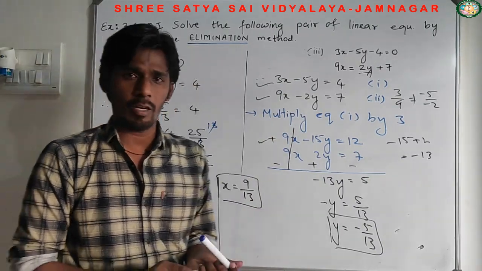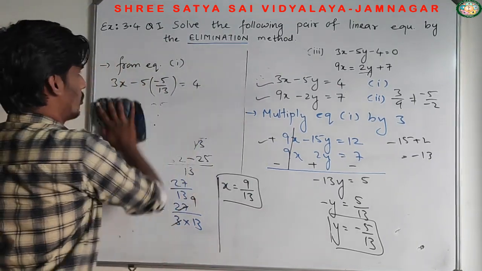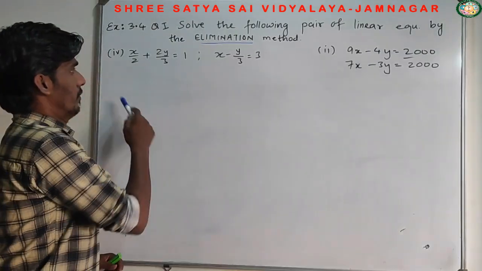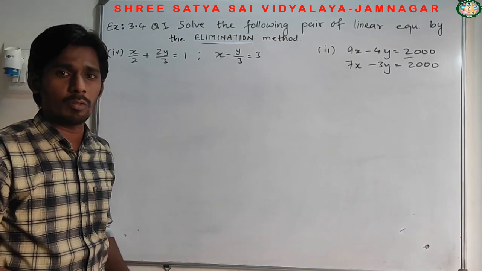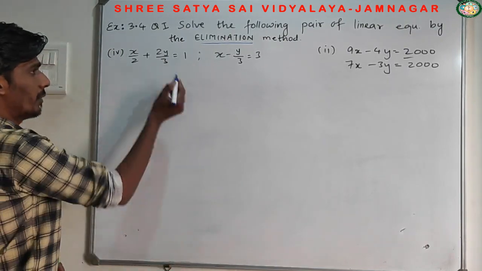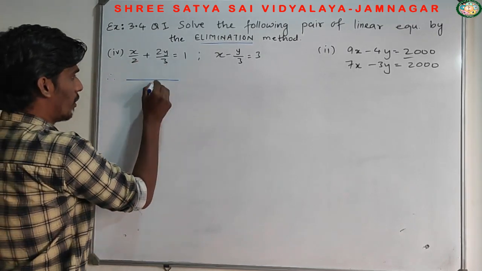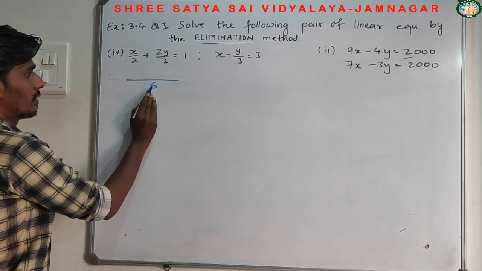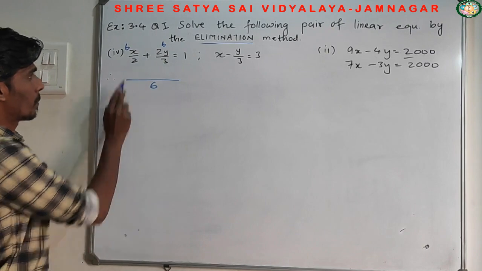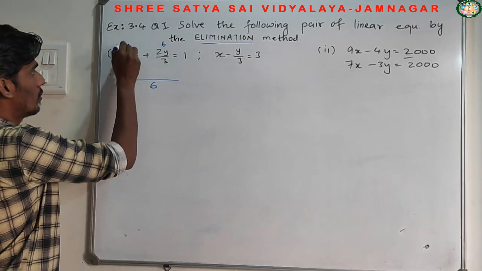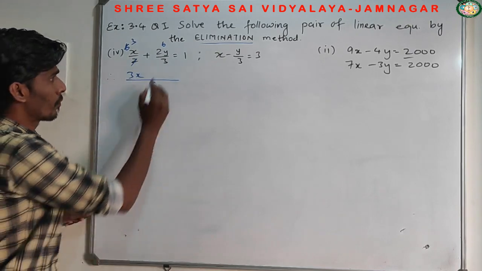Now last example left of exercise to solve by elimination. Let me explain last two sum. Now when equation is given in fraction form, first convert them into standard form. To convert them into standard form, here it's 2 and 3, so LCM is what? Definitely 6. 6 is the LCM. So assume that 6 is multiplied to both the fractions. So 2 how many times 6? 2 3s are 6. So 3 into x, it's 3x.